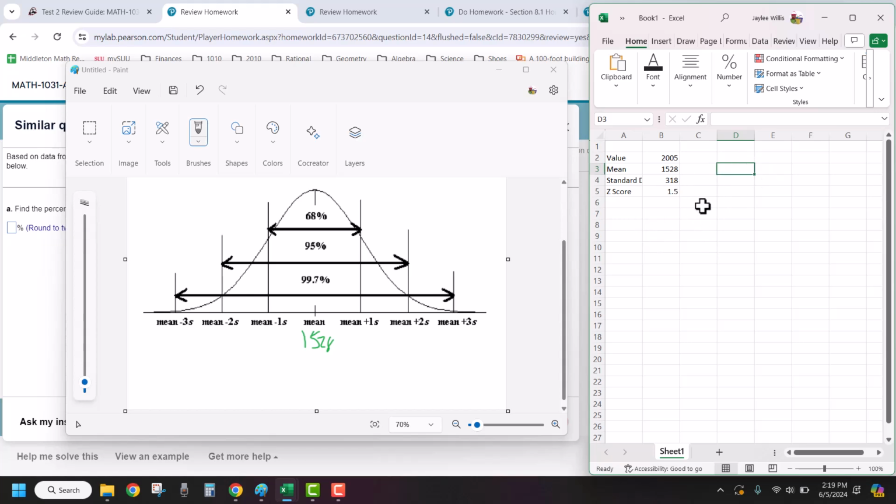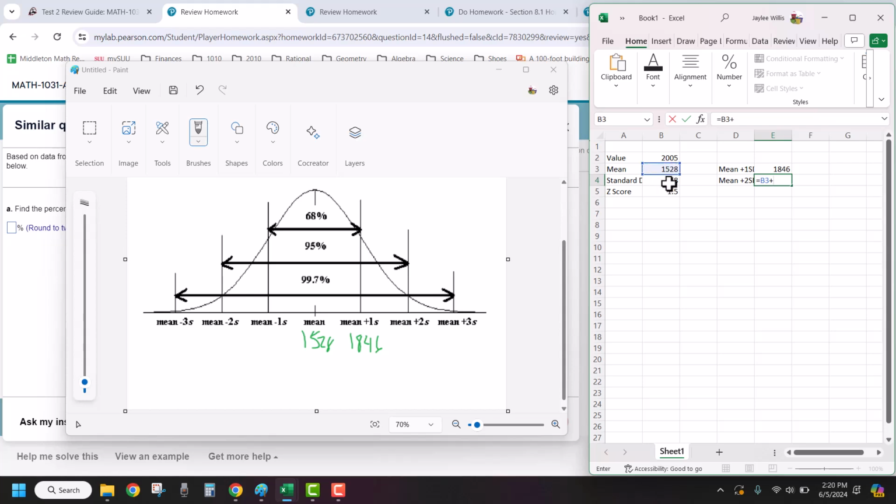It doesn't really matter which cells you do it in. You can organize your spreadsheets however you want. But I'm going to say the mean plus 1 standard deviation. This is going to equal this plus the standard deviation. And that tells me that 1 standard deviation above the mean is 1,846. If I do the mean plus 2 standard deviations, so I'm going to do equals the mean plus, you